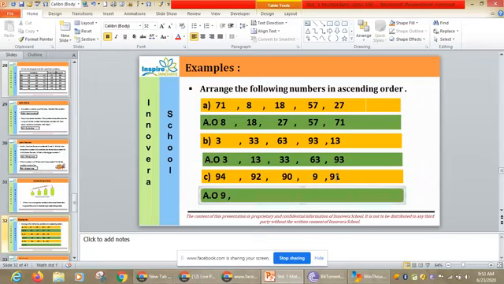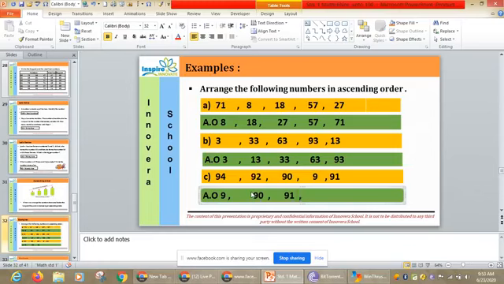So when there are same numbers in the tens place, you have to see the numbers in the ones place. Now here in the ones place it is 4, 2, 0 and 1. So which will be the smaller number? The number with 0 will be the smaller number. So 9, 90,